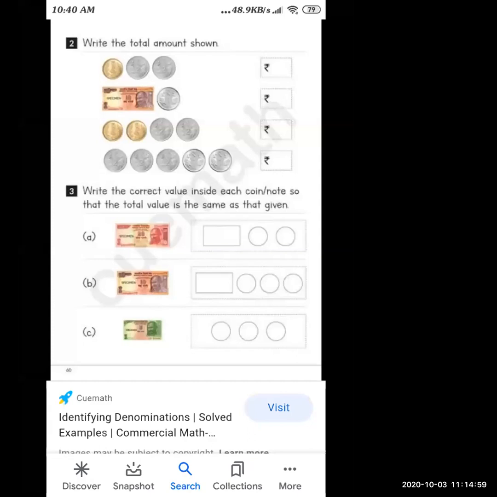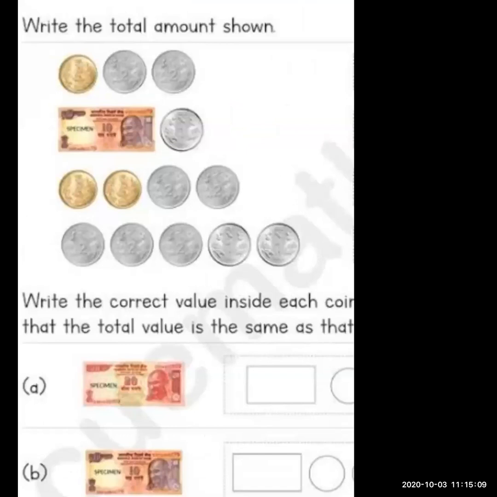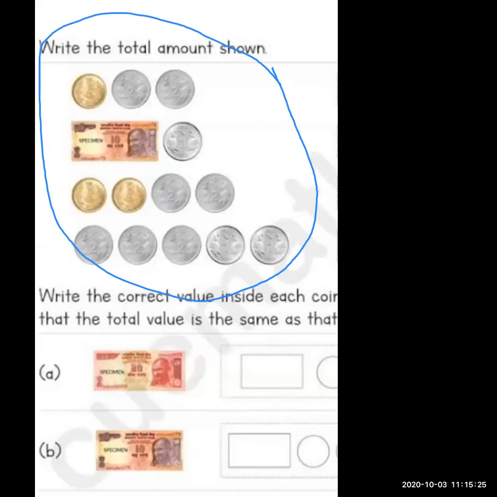Okay. Now look here. One image is in front of you. I'm going to zoom it. Yes, tell me, what is there on your screen? Coins or notes? I'm going to zoom the screen. I'm going to highlight with blue color over here. Yes. Now, the first one like this. I'm going to make a line here. Okay. Tell me about this.